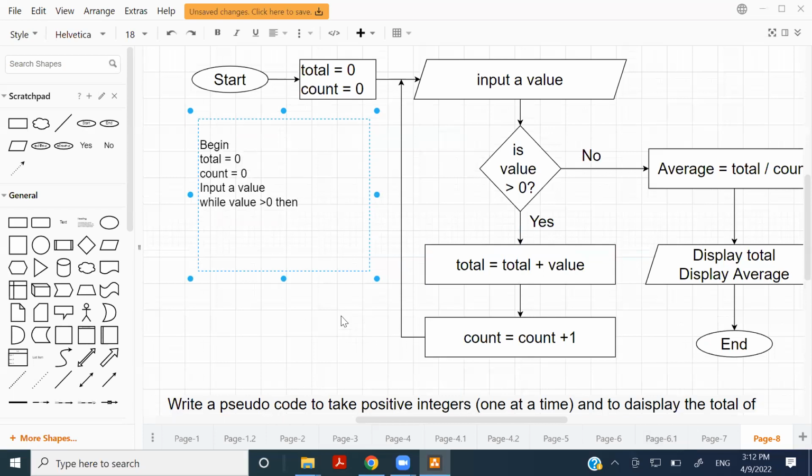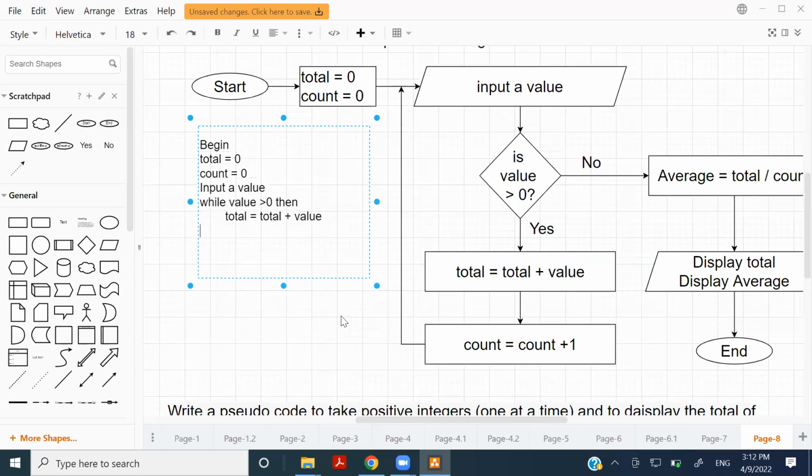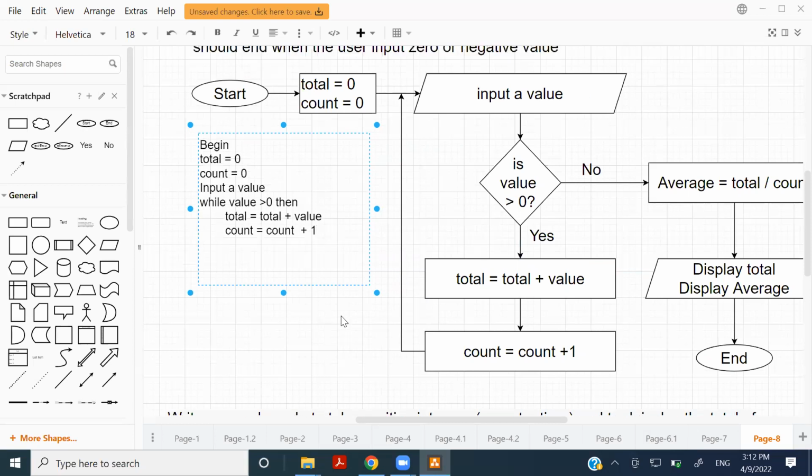Then, yeah, what's the next line, people? Then it should be total equals total plus 1. I'm sorry, not 1, the value. Then count equals count plus 1 should be there. Yes, then after,